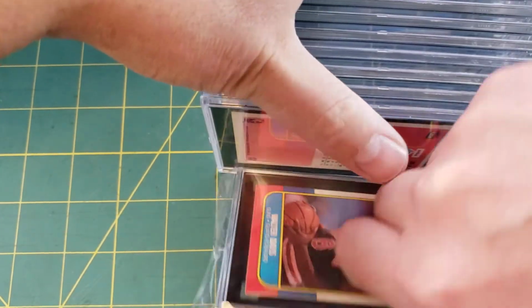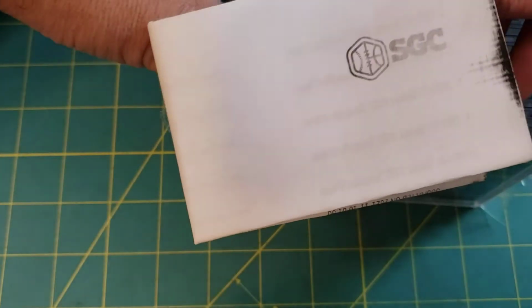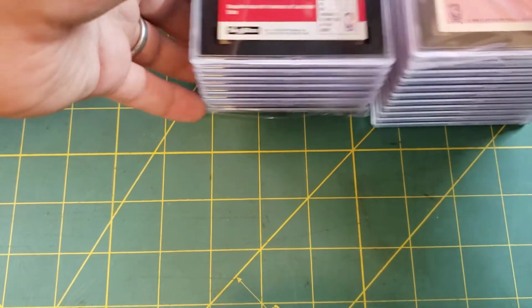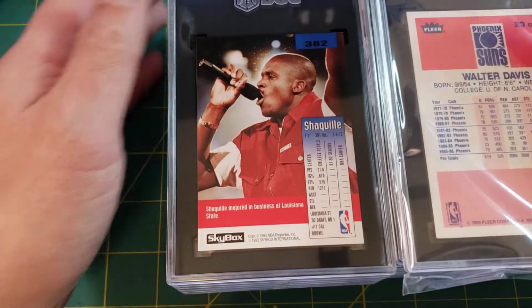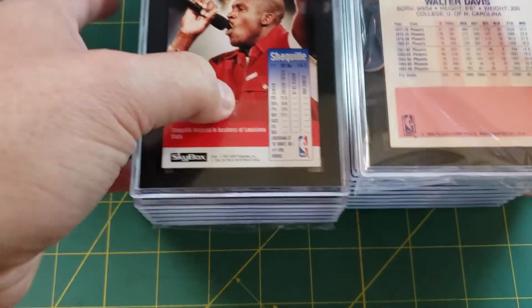Did you see that one? I don't know if you saw that one. Oh man, let's do this. There's the receipt they give you. Okay. So, 20-some Shaq rookies. Like I said, I had to